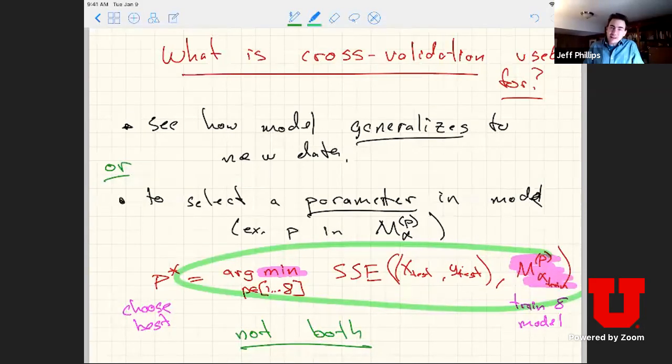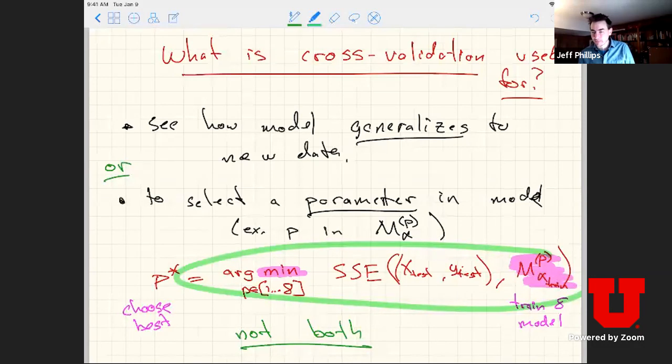And then we did that again here. We chose the value p star, which minimized the model. We're again optimizing a model here, just in a discrete way instead of a continuous functional way. So this is also building a model. So we don't want to use this same result to say how well it generalizes, or we're going to overfit again in the exact same way.